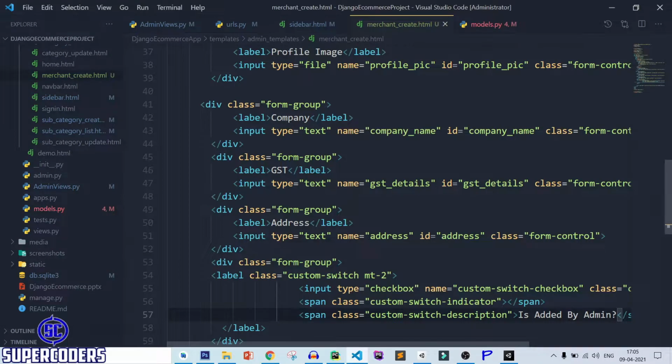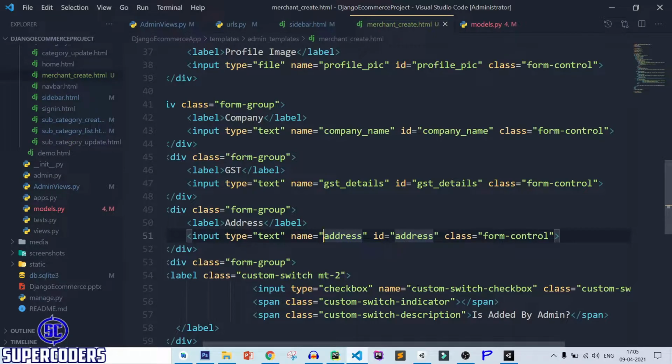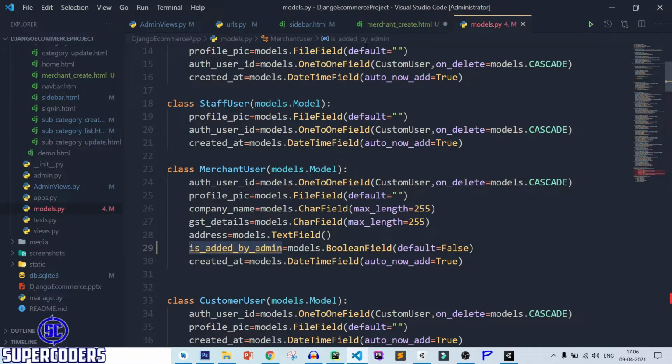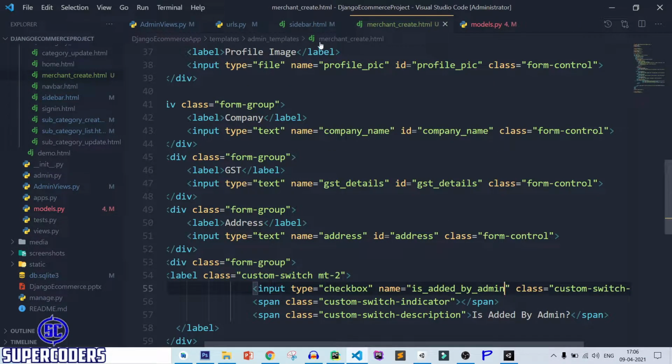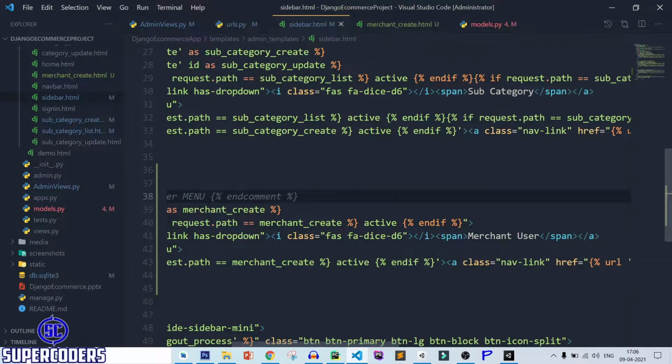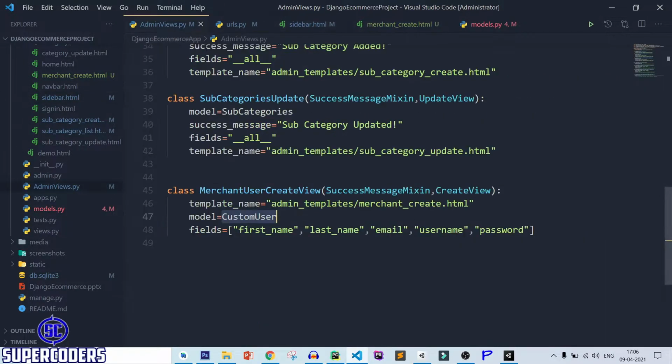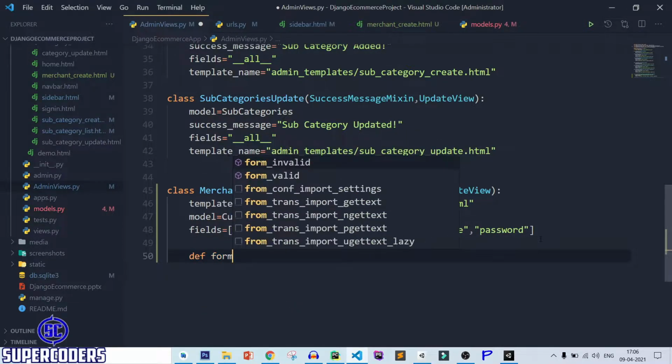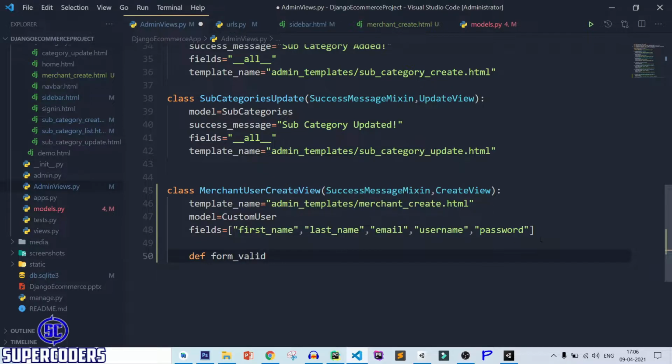For this, save this page and here in the checkbox change the name. Let's see the name, copy it, paste it, save it. After that, in admin views, we need to override the method form_valid. First parameter is self and second is form.